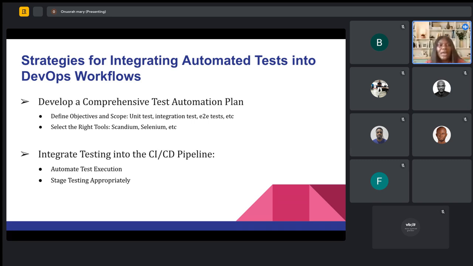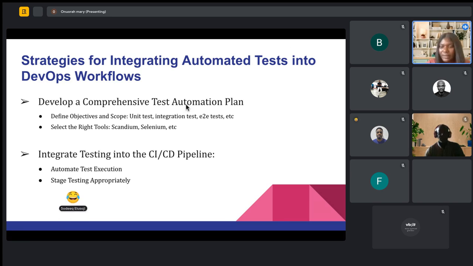And Scandium actually provides an amazing setup. I think I have an example of their setup with Azure DevOps, right? So with Scandium, you don't need to be scared that you can automate your test and then you cannot add it to your CI/CD pipeline. And honestly, before Scandium, I didn't know that some of these no-code tools can actually be integrated into a CI/CD pipeline. But I've seen that with Scandium, right? And I mean, it's amazing. You can check out their documentation and see.